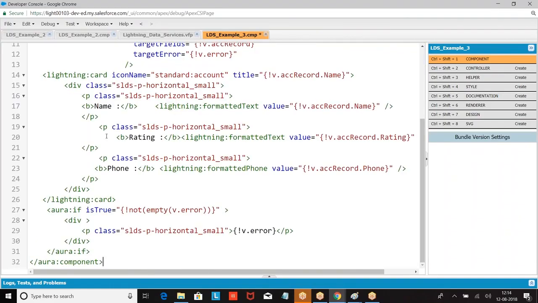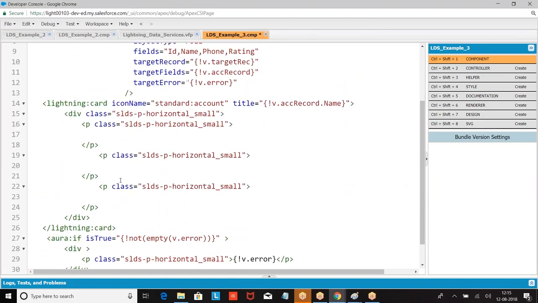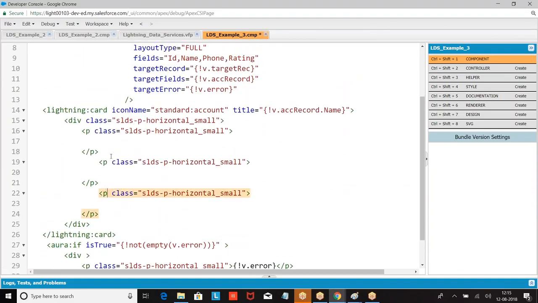The only thing I'm modifying is the output text I'm taking. I'm just giving 1, 2, 3, right? Okay.